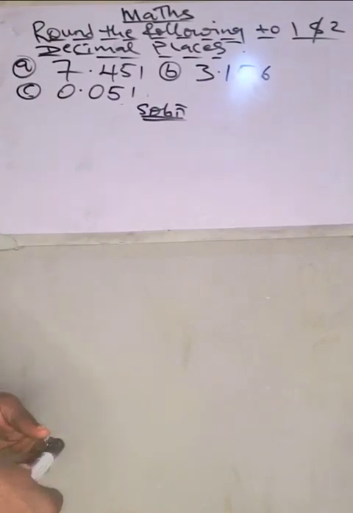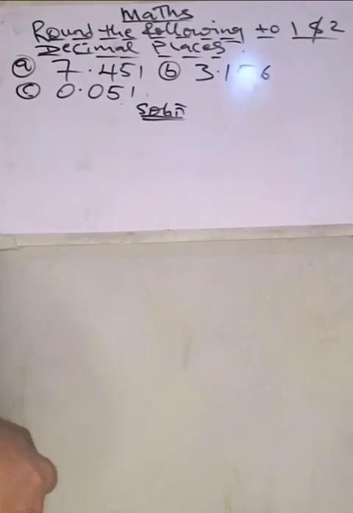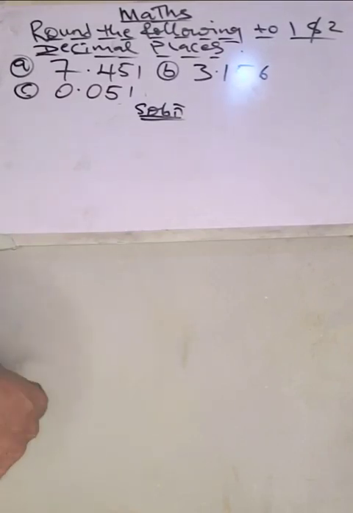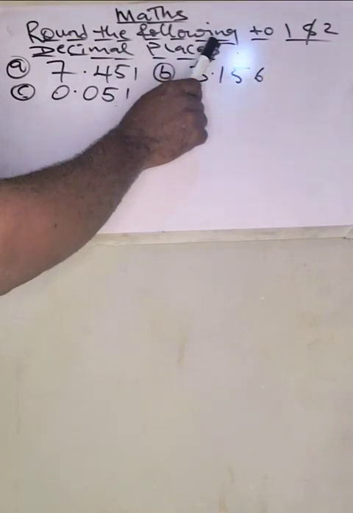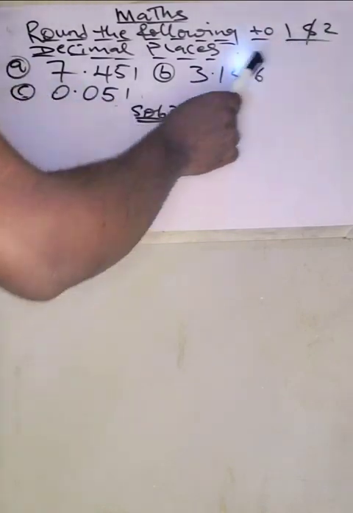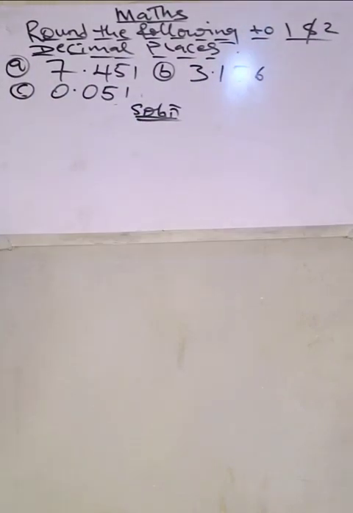Our today's topic is decimal places. How to round numbers to decimal places. Round the following to 1 and 2 decimal places. A says